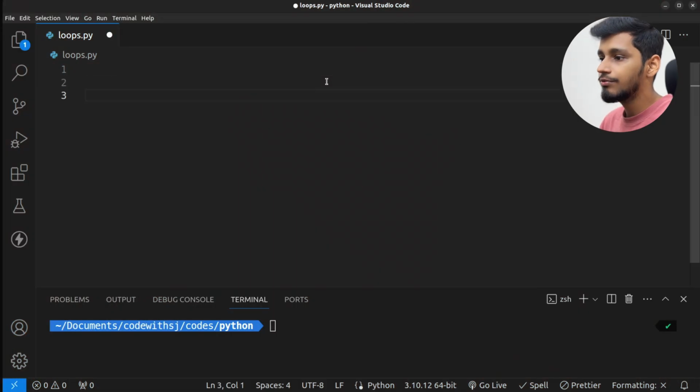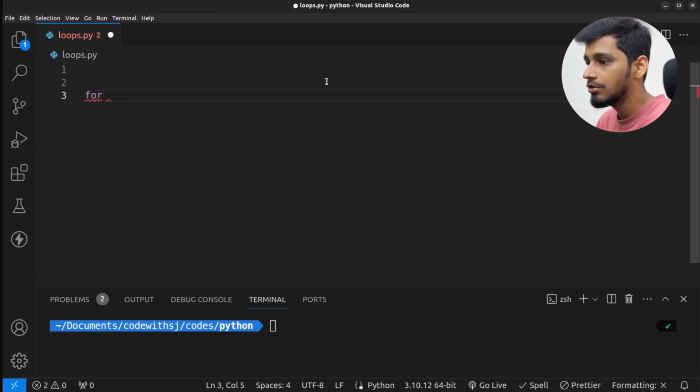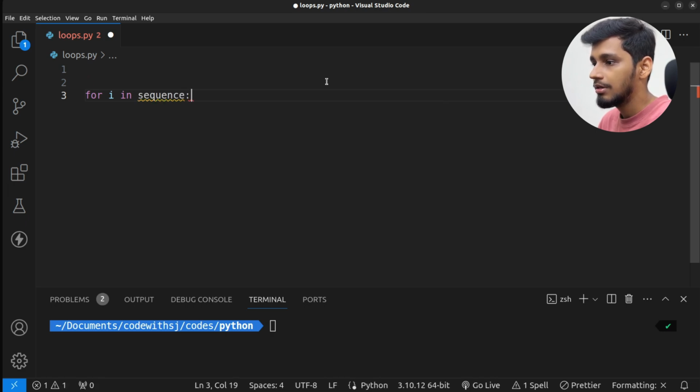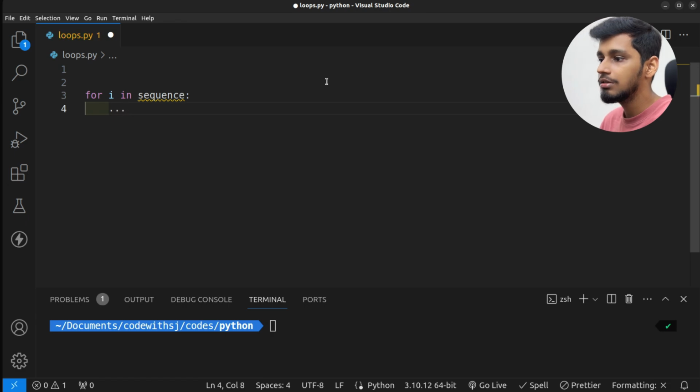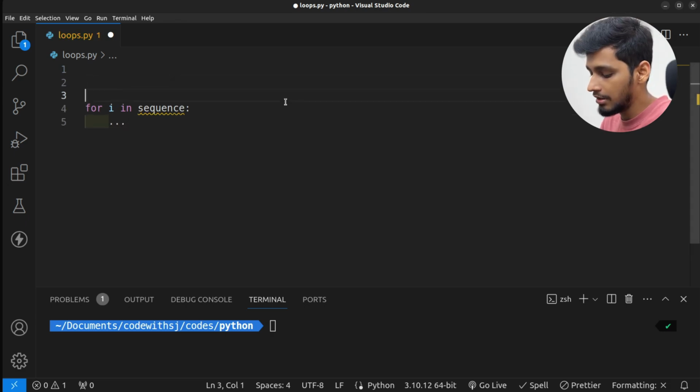So the syntax of for loop is something like this. So for, let's say, i in whatever the sequence is, I will call it sequence over here, and whatever block of code you want to run, you have to put it over here. So let's say that we have fruits in hand. So fruits is equal to, it is a list, and the list consists of, say, apple, then of course banana